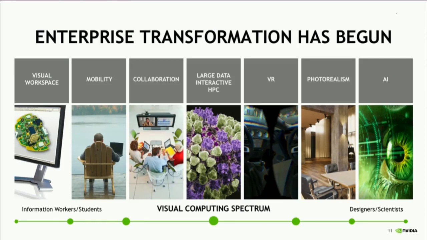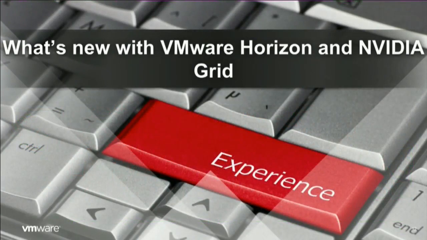And keep in mind that every one of these is a GPU silo from our perspective in the data center. Some organization has an HPC cluster or an AI deep learning node in their data center today. But it's all in silos, right? It's chained to the data center, so to speak. How can you make that different for them and enable them to transform their organization and do more, faster, better? So let's take a look at what VMware Horizon and NVIDIA have done together in the last year to enable you to transform your enterprises.